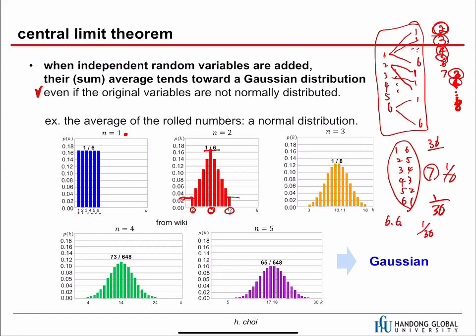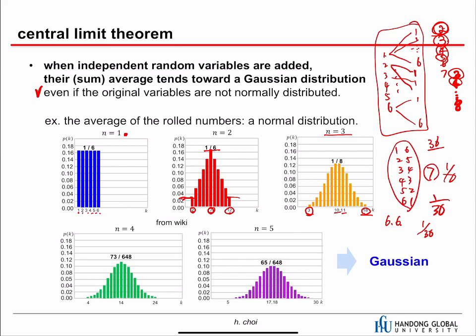Okay, so next, if n is 3, so we are adding 3 numbers, then it goes from 3 to 18. And again, we have lots of 10 and 11, but we have 1 of 3, and 1 of 18. And if we keep adding the numbers,